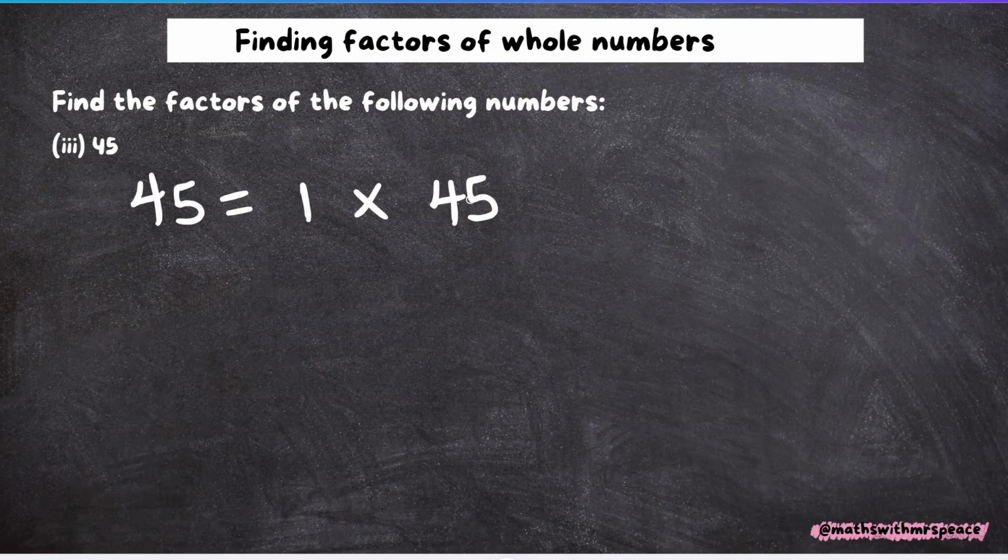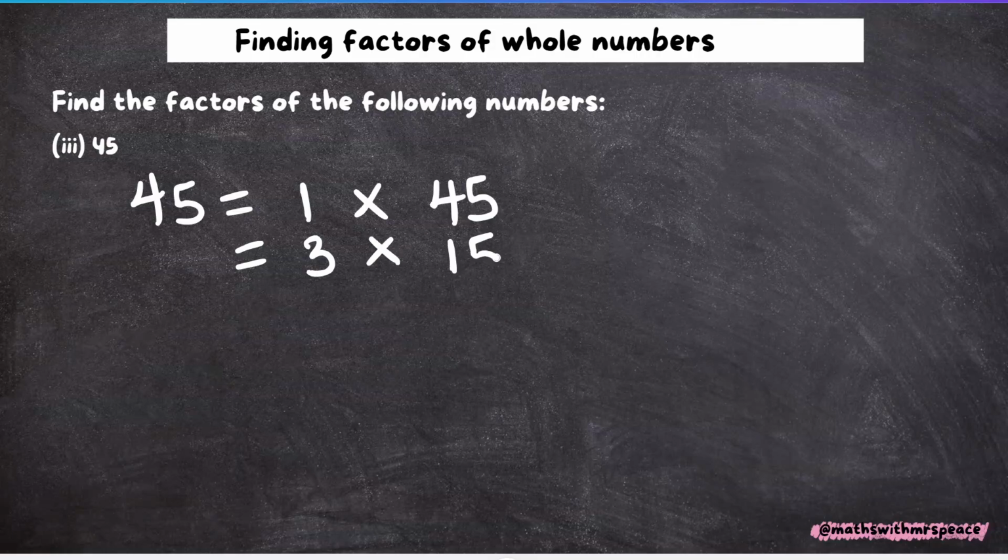So what I was going to say earlier is that you shouldn't bother trying 2. It's an odd number. If you say 45 divided by 2, you are definitely going to get a remainder. So let's just go with the next number, which is 3. And we know 3 is a factor of 45. That's going to give us 3